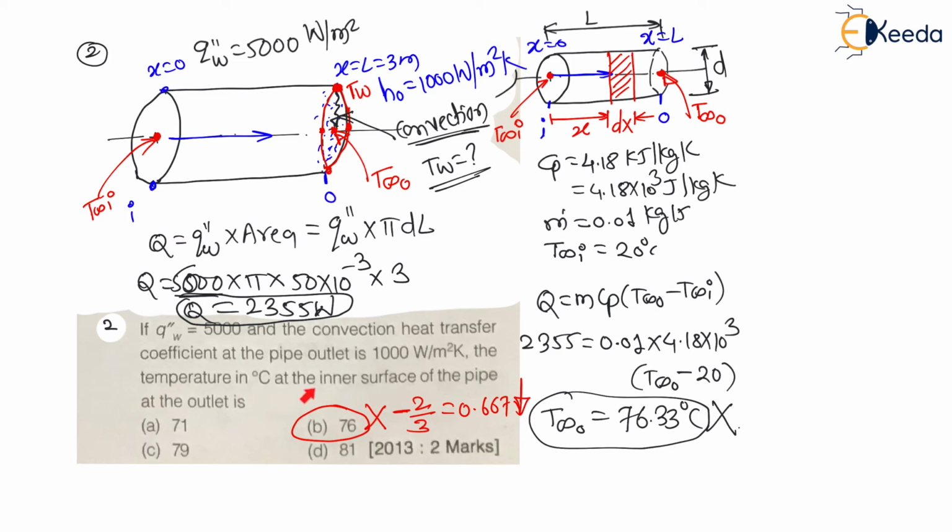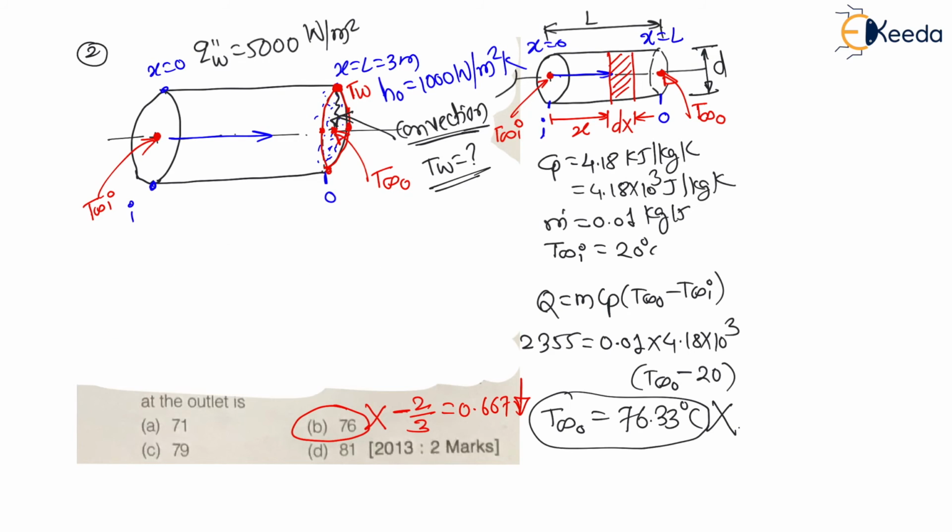Read the question carefully. They are asking surface temperature of this solid body, not a fluid temperature. Between this solid body and fluid, there will be a convection heat transfer. So my dear students, between these 2 points, we have to use convection formula. And this heat flux is always constant, right? For steady state condition, heat flux is always constant, and they have provided constant value only. Now, we know that the heat by convection is nothing but h A T wall minus T infinity. And as this heat flux is given on the solid body, therefore this wall temperature will be more than this fluid temperature, right?